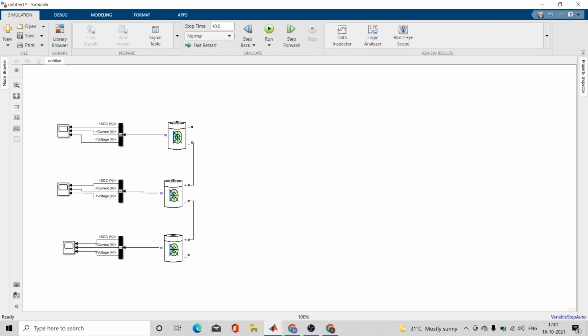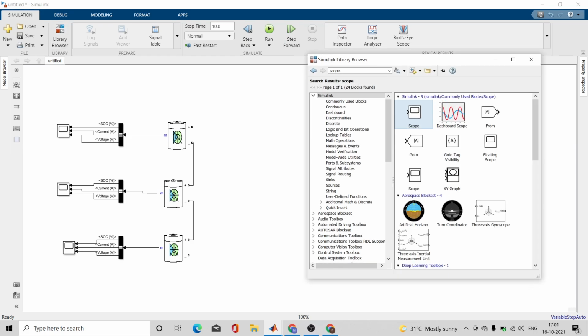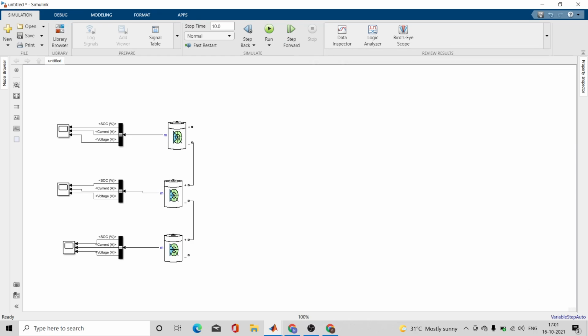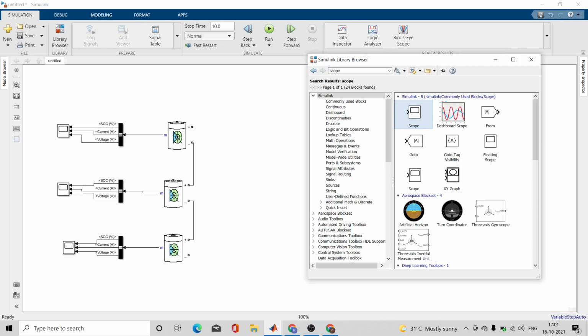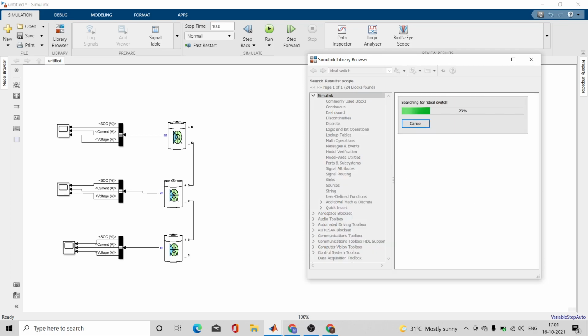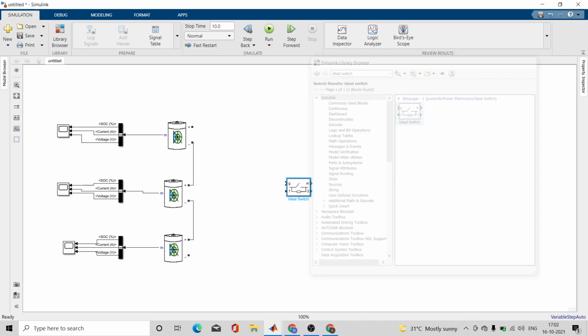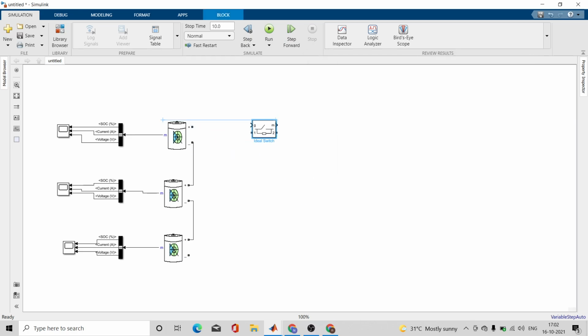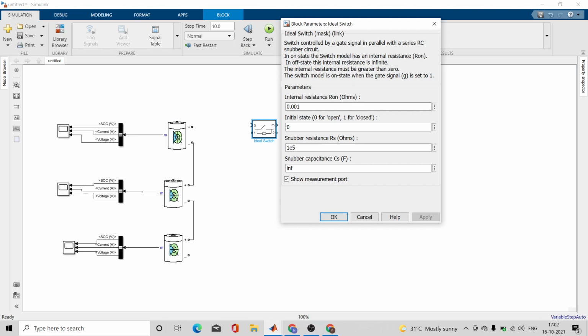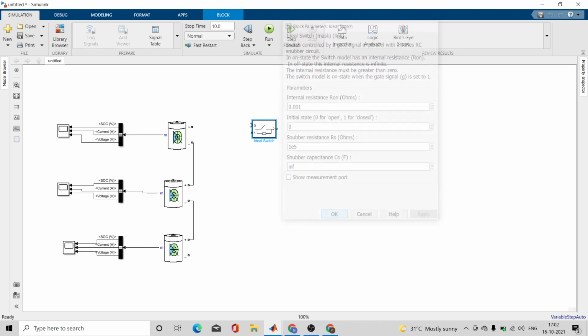Now I want to take this ideal switch, because I want to dissipate the energy in the resistors, right? So I'll take ideal switch. This is very easy to simulate. I don't want to measure anything in the ideal switch, so I'll disable the measurement option for that switch.